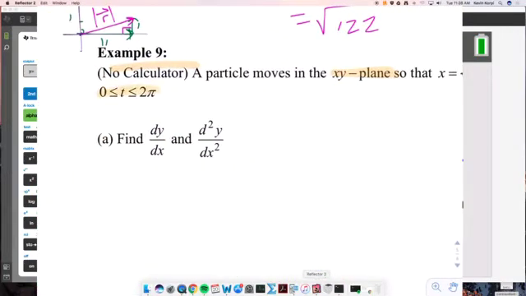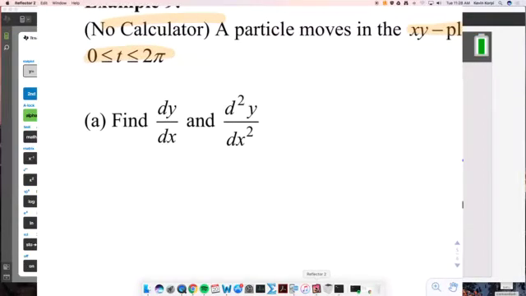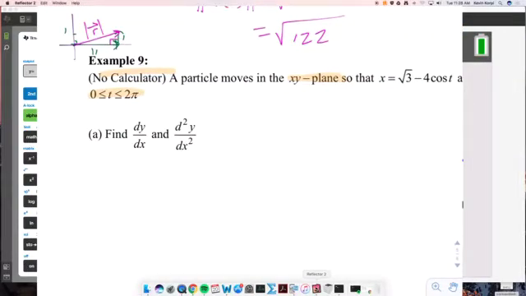Okay, so now they gave us an interval to work in for t. Find the first and second derivative. And these examples here are kind of based on free response questions. So this is very similar to what you might be asked to do on a free response. All right, dy/dx,